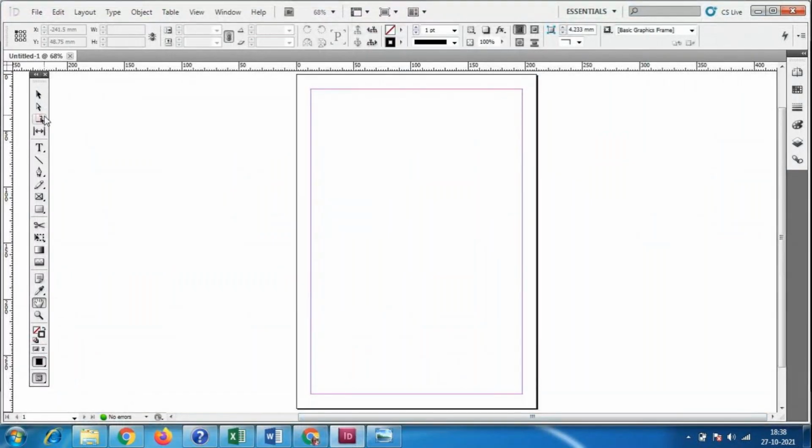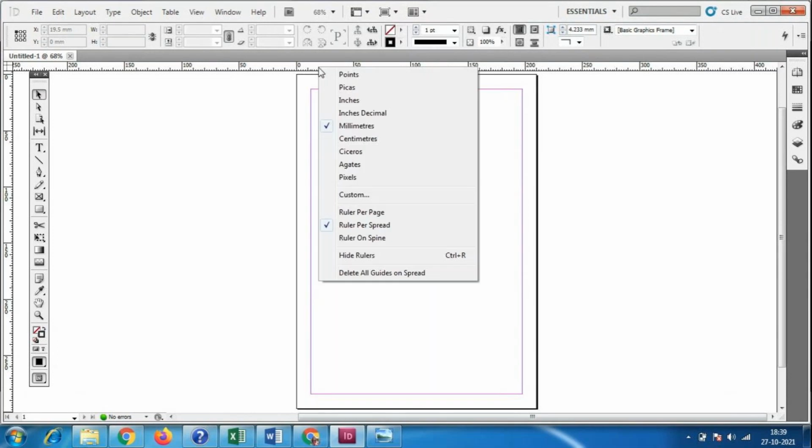So we'll go for the first tool. Before that, measurements are very necessary while we are doing the designs. So here we have the rulers. Rulers are according to how much we are taking: inches, millimeters, centimeters and pixels. We are not using pixels here. How are we measuring the pages? Like with a scale, there will be an inches option, correct?